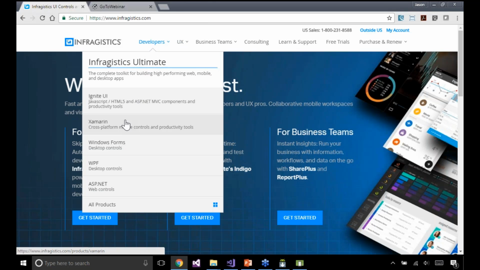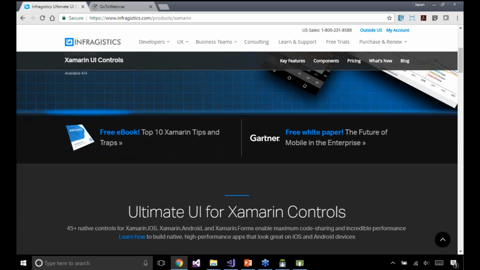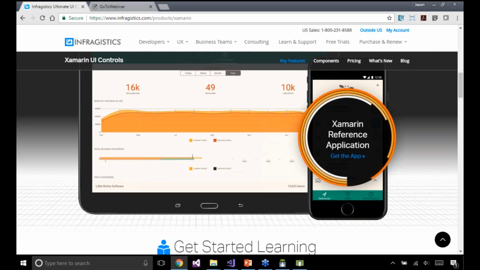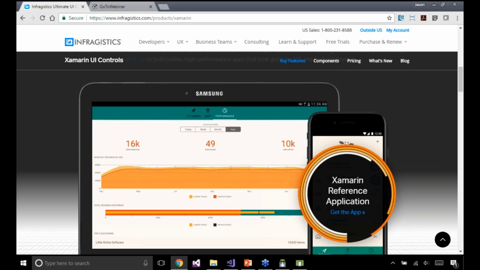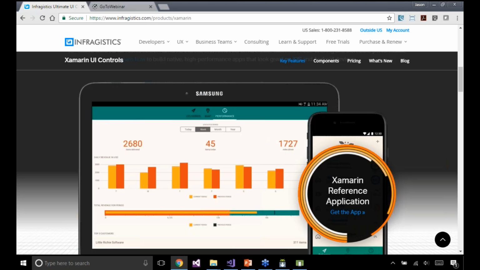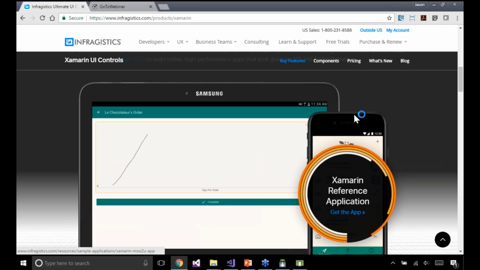Xamarin page, because some of the comments were, wow, this is awesome. Is there a sample that shows me how to actually build a Xamarin application? Well, again, yes, there is. Some of you guys may have heard of the Mu2U app through different channels. This is another creation of Carl, and